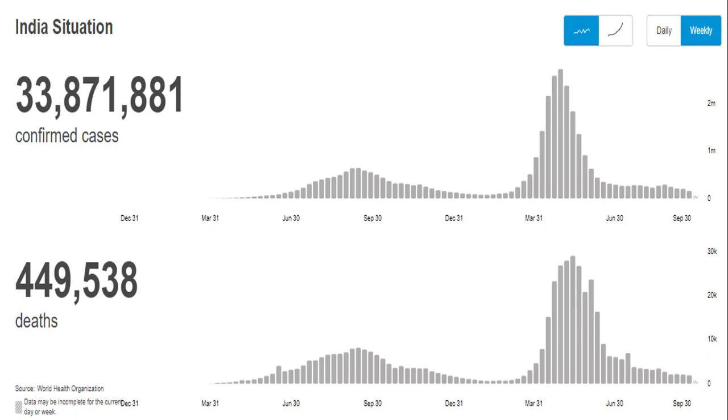For example, this is COVID data. If you look at this area, this represents the first wave and this represents the second wave. We can clearly see that in the first wave the number of cases is much lower, and in the second wave the number of cases is much higher. Moreover, we can also see that the number of deaths is correlated with the number of confirmed cases. That means more confirmed cases means more deaths. So this is how the graphical representation of data helps us a lot and gives an insight into the data straight away.